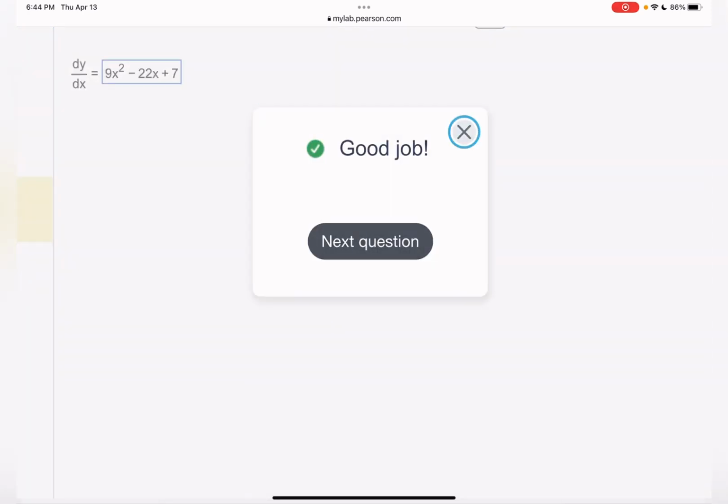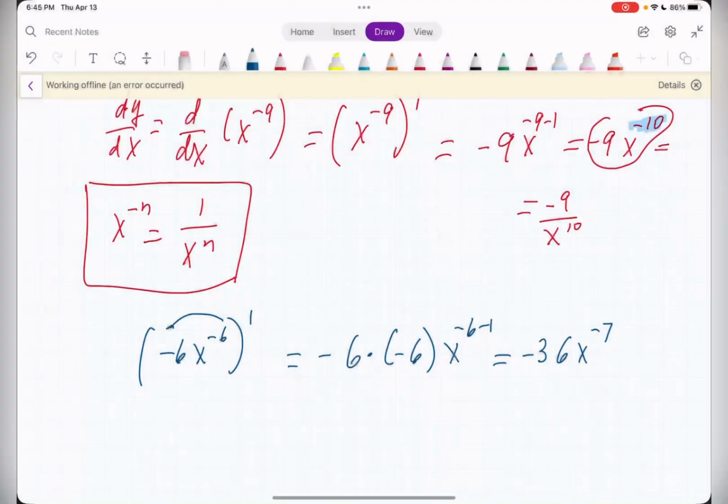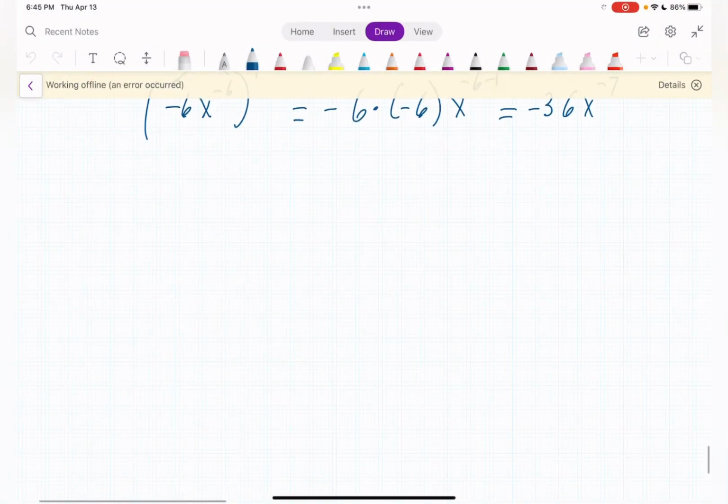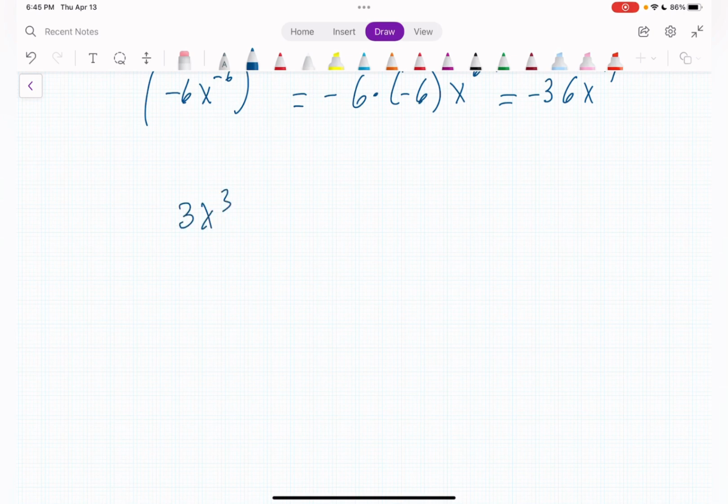Now I'm going to take the picture. Let me go real quick, step by step. I solved it in my mind, but I think it's too early for you. So 3x cubed minus 11x squared plus 7x plus 9, derivative. So it's equal